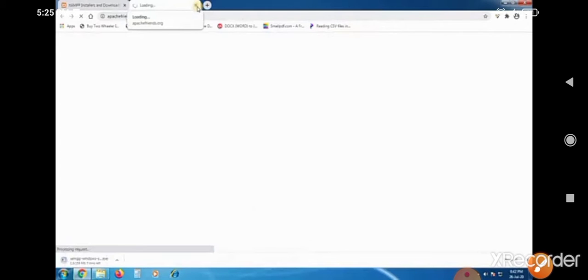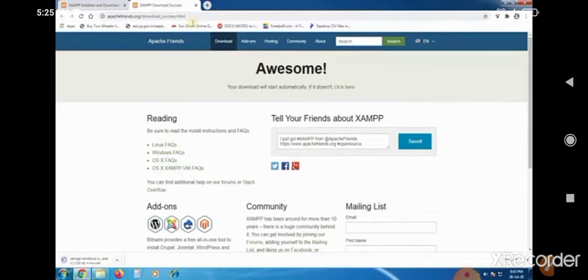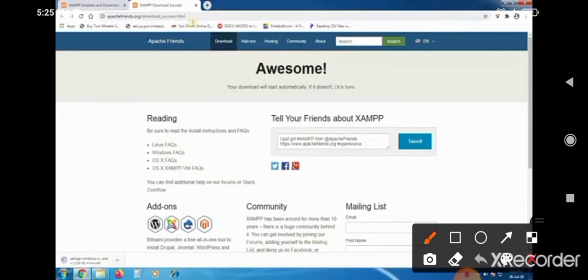So the loading page will be displayed. Here in this page, one by one it should be displayed in our monitor. The Apache XAMPP server is downloaded here.